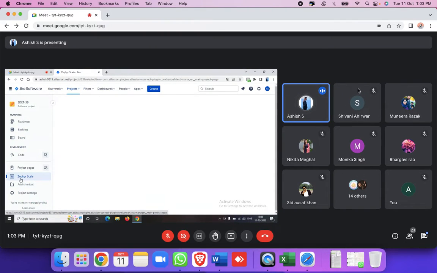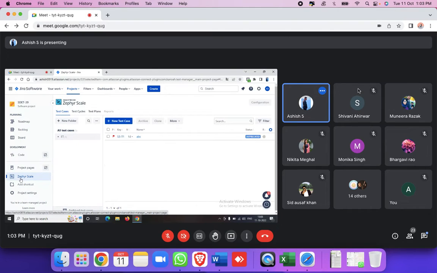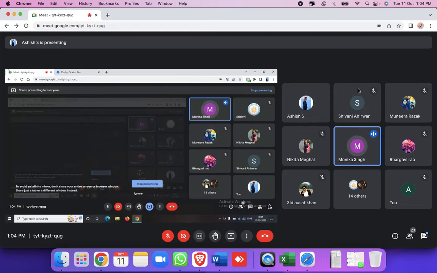To write test cases in Jira. Sir, in companies, mostly they use Sapphire only. It depends, my